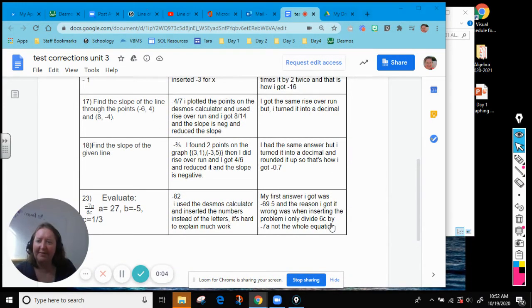You're looking good. And then down here, when I get down to 17, 18, 23, there's just a couple of things that I just wanted to make sure were clear for you. You will still be getting credit for your corrections, but I want to make sure something makes sense to you. So I see what you did. You got 8 over 14, which